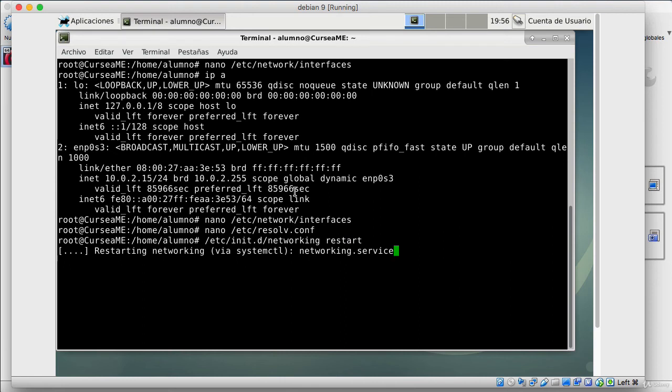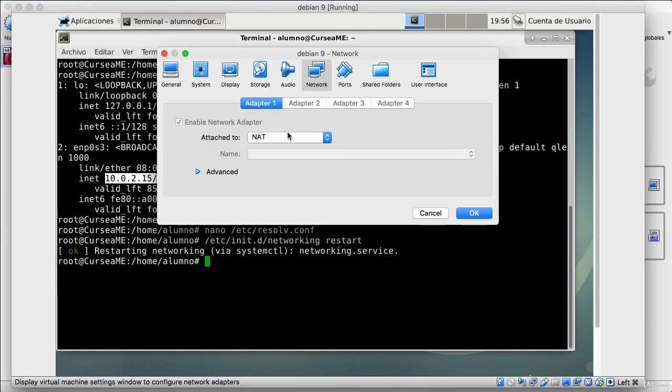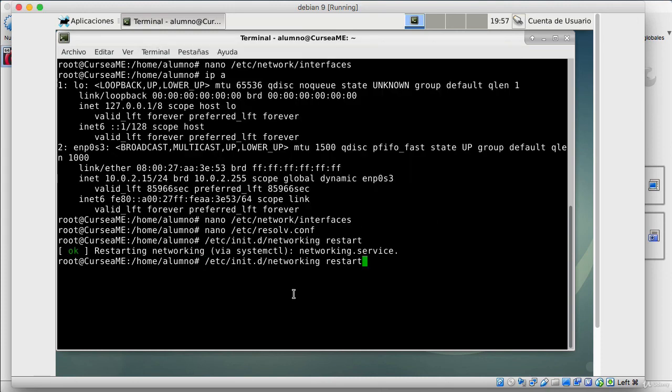Right now, the IP that my interface has is this one right here, alright? A private net that VirtualBox creates. And if we go here to network settings, it tells us that we are working in NAT, alright? There is another way with bridge adapter, this one. That is, there is an exact equivalency between the virtual network interface and the real one. So there isn't any virtualized net, and we will have to use the real information of our network, which is the thing I did. I'm going to restart it since I changed the NAT configuration,